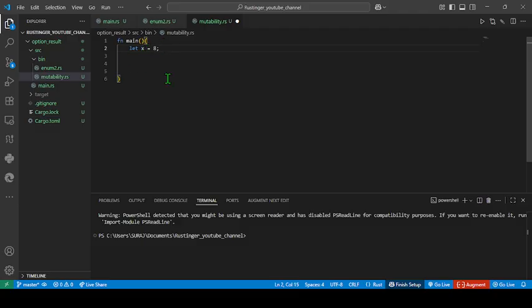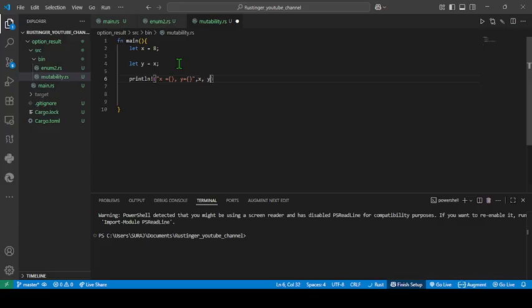Now whenever you want x to be used by someone, let's say y is equal to x, the ownership of x is given to y, and if you try to print x and y,